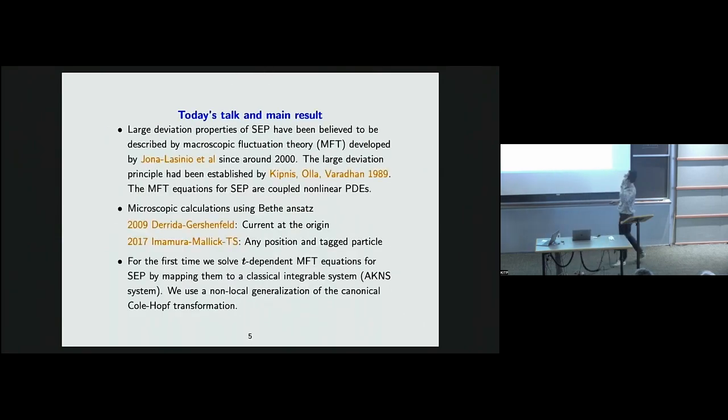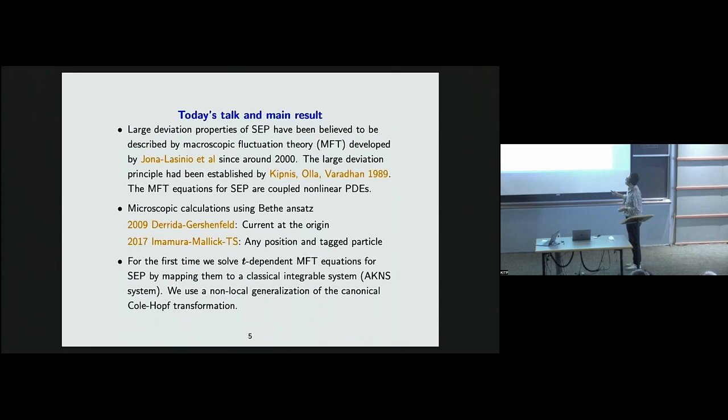Okay, but today, as I mentioned already, I stick to the symmetric exclusion process. And in particular, we focus on so-called large deviation properties of the current for this SEP. This kind of problem is a classical problem for us. And there is one general theory